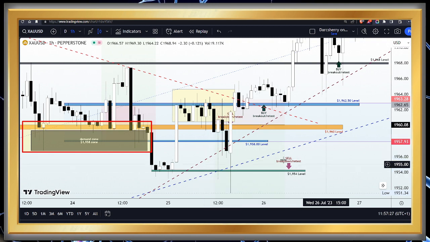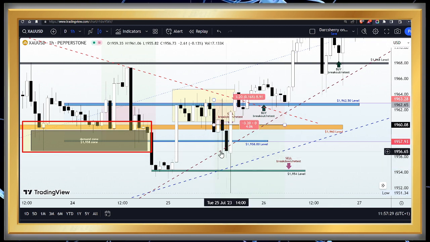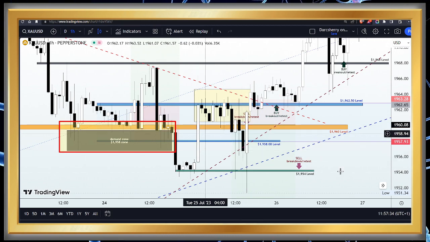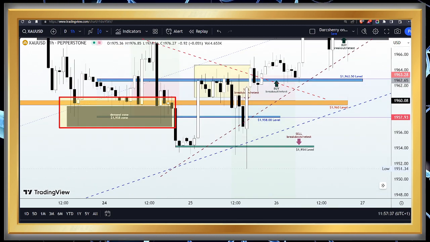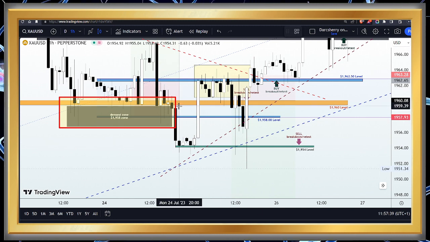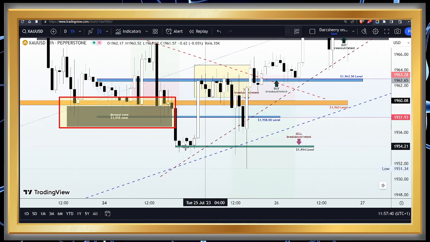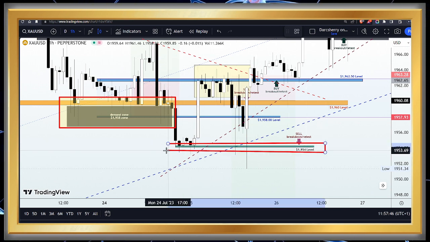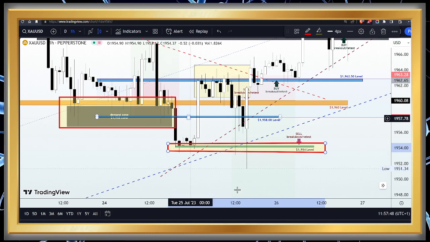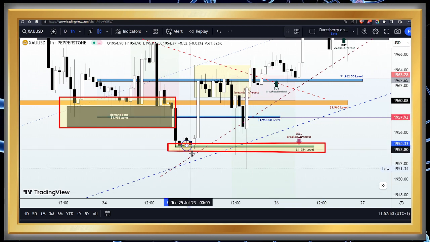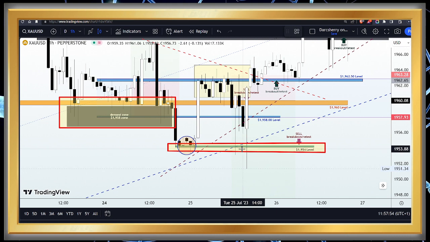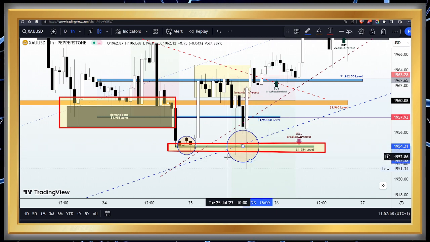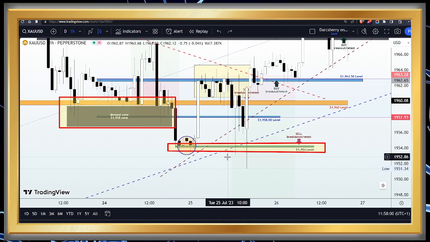Now, something interesting happened here when we were monitoring this current market structure. I think it was on Tuesday, we said that even though we had the breakdown of the demand zone, we saw how the 1954 became a new platform for buying opportunities, as sellers found it difficult to slice through that structure. In fact, on Tuesday's New York session, we saw a couple of sharp rejections of this area, which further emphasized the presence of the buyers.